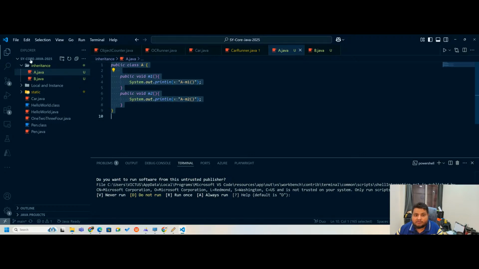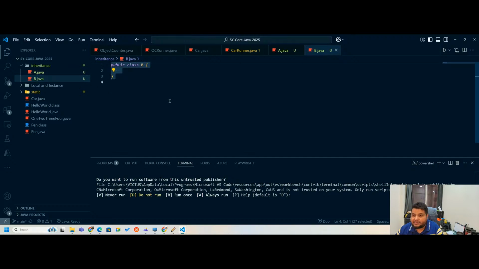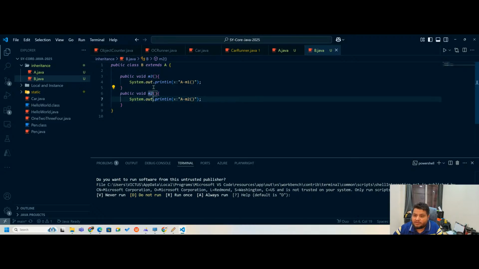And now I will create the same for B. So this becomes my class B. The difference is when I use this, it will become extends A, and this time I will have m3, I will have m4, and this is coming from "B-m3", "B-m4", and the rest is coming from my class A. So when I create IRunner.java